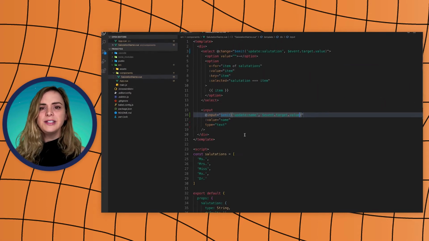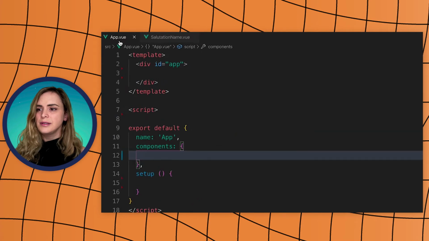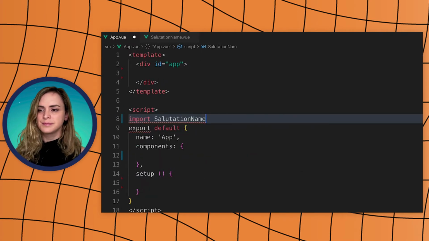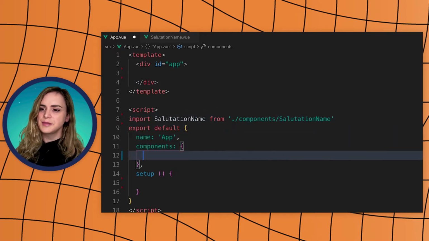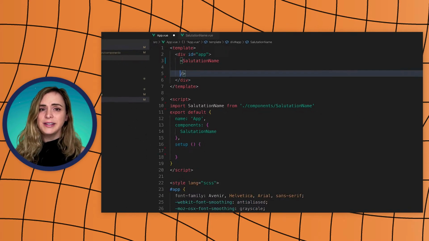Now we can navigate to our parent component. We will import the newly created salutation name, and like usual, add it to our component's object. Now, let's add the salutation name component to the template and make ourselves some room to add the bindings. Before we go and add the bindings though,